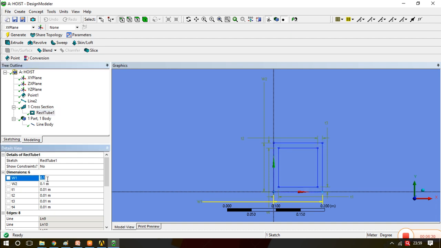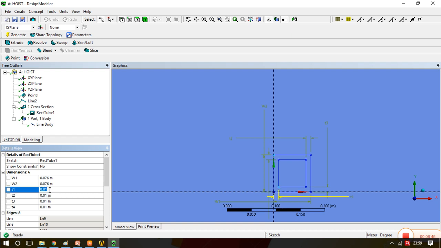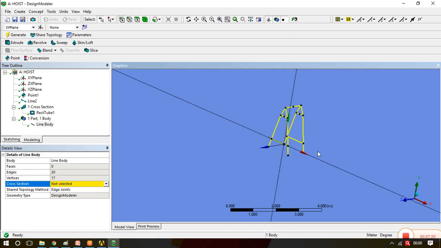The dimensions are 76 mm, which means 0.076 meter, 0.076 meter, and all the thicknesses are 3 mm, which means 0.003 meter.